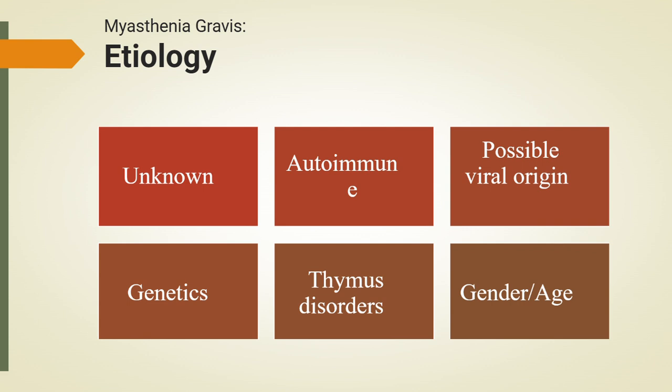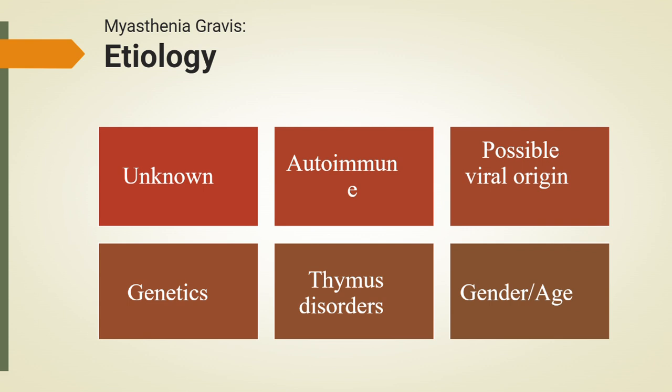In many adults with myasthenia gravis, the thymus remains abnormally large or contains clusters of immune cells that continue to produce antibodies long after they should have stopped. Some patients may even develop thymomas, which are benign tumors of the thymus. This connection explains why thymectomy, the surgical removal of the thymus, is sometimes used as part of myasthenia gravis treatment. Another factor is genetic susceptibility, although myasthenia gravis itself is not directly inherited. Having a family member with an autoimmune disease slightly increases the chance of developing myasthenia gravis.